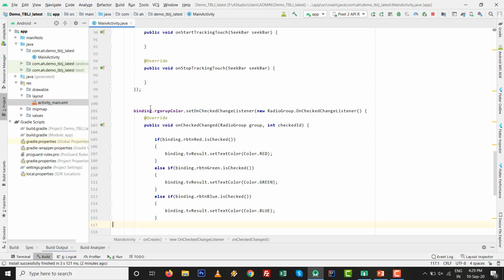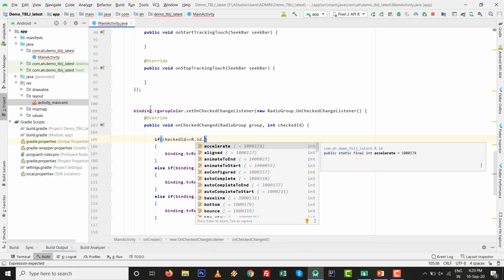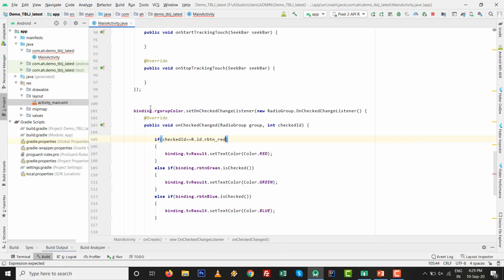So the if condition will be different: if checked id equals R dot id dot rbtn red, then set red color, control C. Then if it is green then set green color, and if checked id equals blue, then set blue color. So all the things are ready and our task is about to complete.